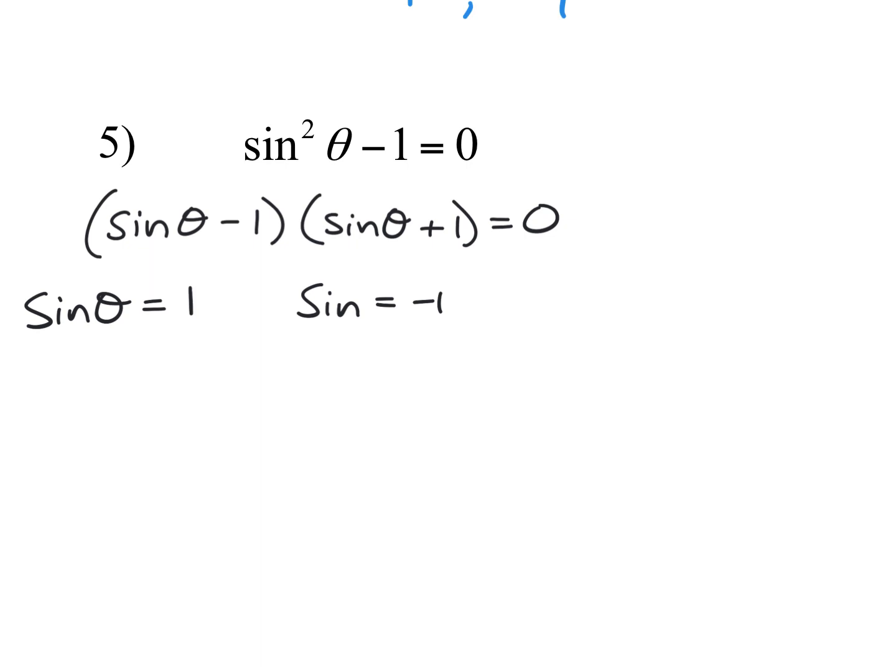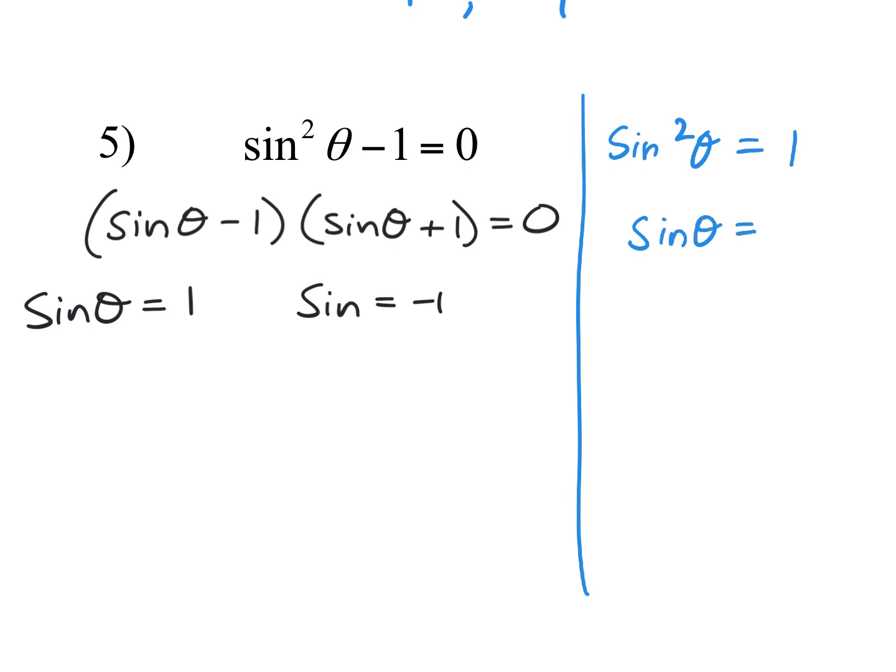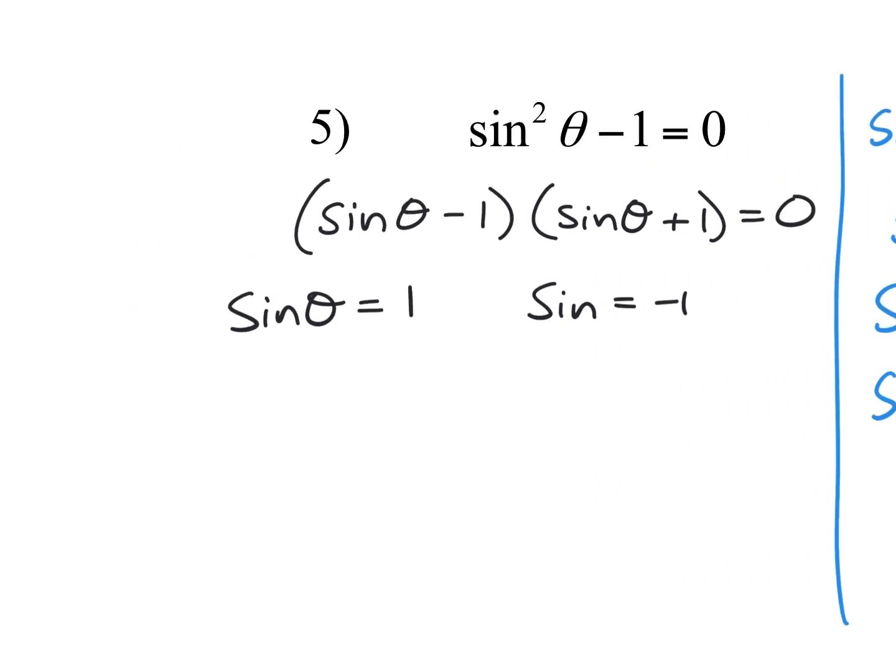The other way we could do this, we could add 1 to both sides. So we could say we have sine squared theta equals 1. And then we could take the square root of both sides. So sine would equal plus or minus the square root of 1, which is sine theta equals 1 and sine theta equals -1. In both cases, we manipulate so we can evaluate, and we get sine theta equals plus or minus 1. I'm going to work over here on the left